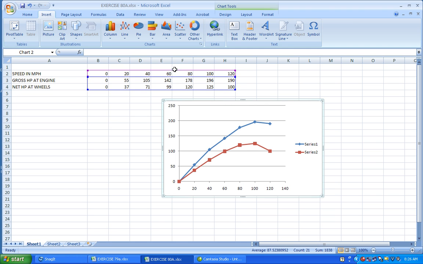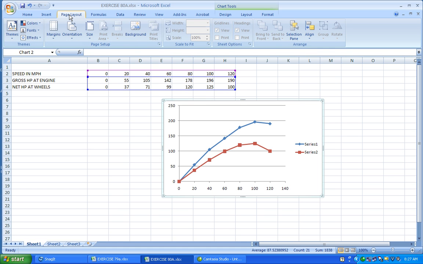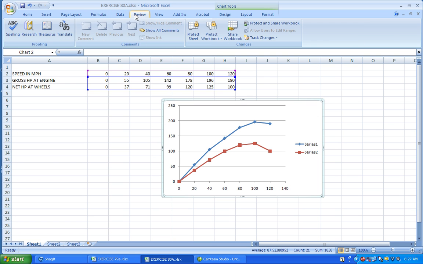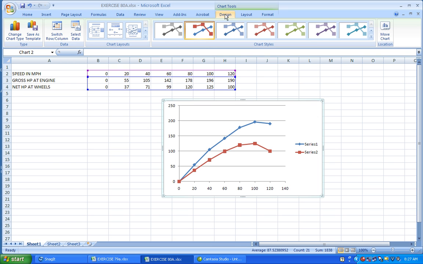I get the right one. There we go. Our chart layout is over here, so we can select